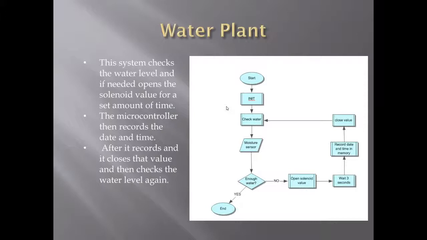In the water the plant section, they need to again initialize the systems to make sure that everything is working correctly. They need to check the water value using the moisture sensor. If there's enough water, then they'll end this cycle and move on. If not, they'll open the solenoid valve for a given period of time that was predetermined for 3 seconds. They will record the date and time in memory so they have an accurate timekeeping of when the water was